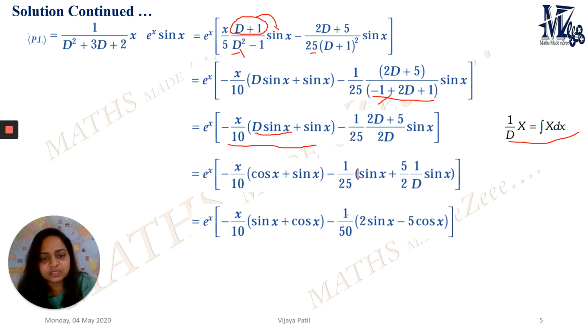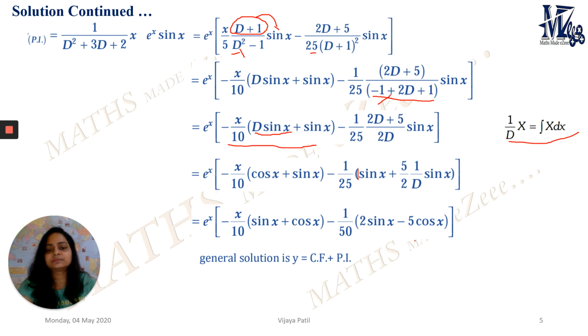So it's 2, 2 is coming out over here. So 1 by 50 here. Because of this 2 over here, this 2 sine of x is replaced here. And this is minus, because 1 by d sine, the integration of sine, is minus cos. Therefore, it's minus 5 times cos of x. So here, if you observe, we have reached the step where we have got rid of all these capital D's over here. That means all the operators are not there, and we have received the answer only in terms of the variable x.